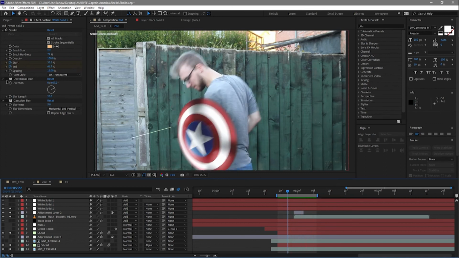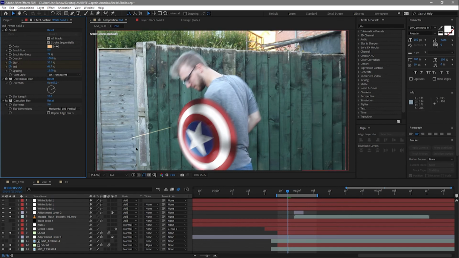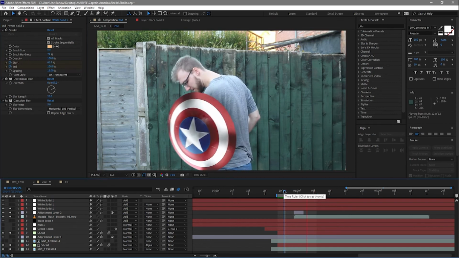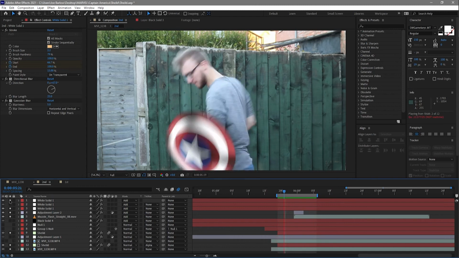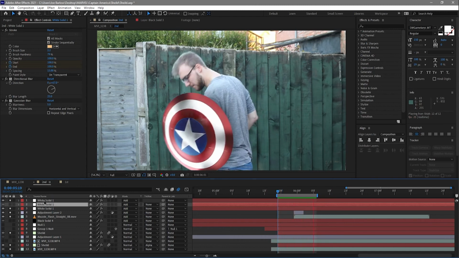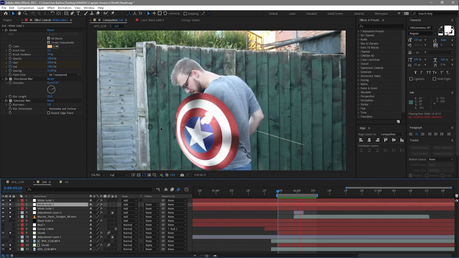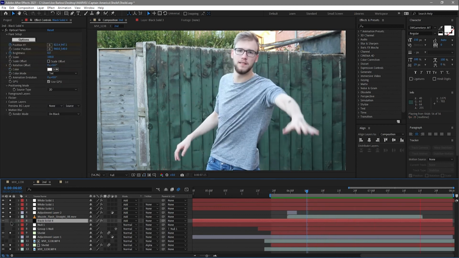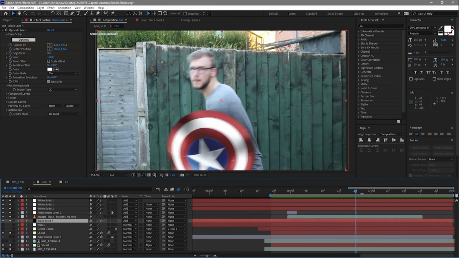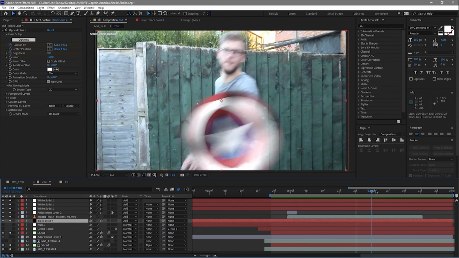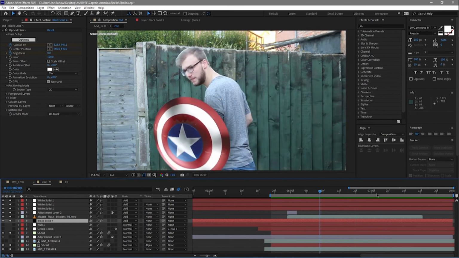I then went ahead and added a directional blur and matched the angle that it's traveling, as well as adding a Gaussian blur just to soften it a little bit, and that gives me my first trail. I then went ahead and repeated the process for the bullet coming off of the shield, like so, and then with the first bullet trail I duplicated it just to brighten it up. The final thing I've done to this shot is add an optical flare, and I've added it just over here, and the idea behind this is as it's thrown, maybe it's reflected the sun or something, just to add a little bit of interaction with the camera there.